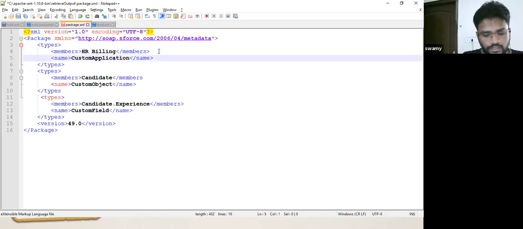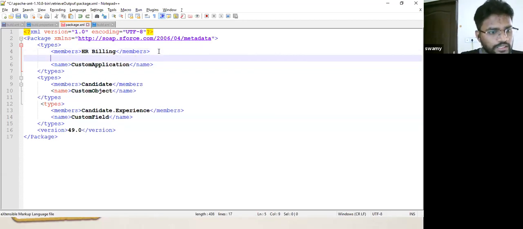Suppose I don't want to give all. I have created one for HR billing. It will just calculate all the salaries. So one app for HR billing, and for another app you just have to add the members.